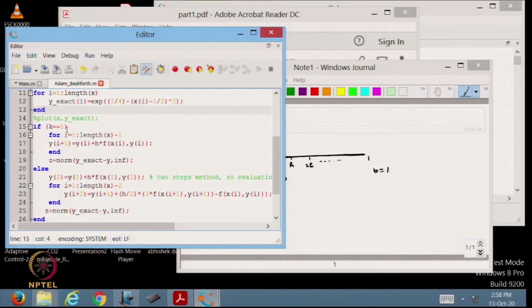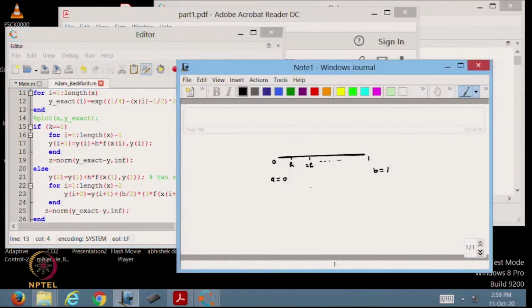So, if k is equal to 1, it means step is equal to 1, then with the help of a for loop we are implementing the same algorithm which we already know: y i plus 1 is equal to y i plus h into f x i y i.